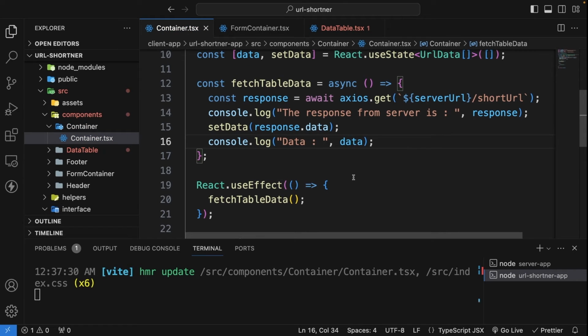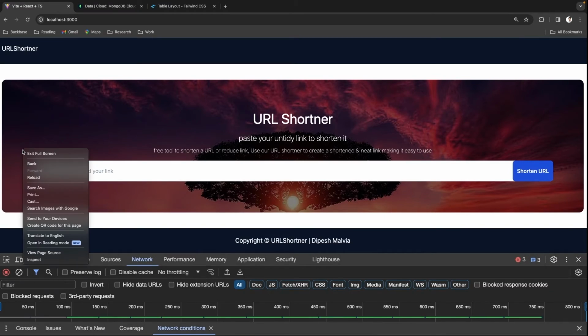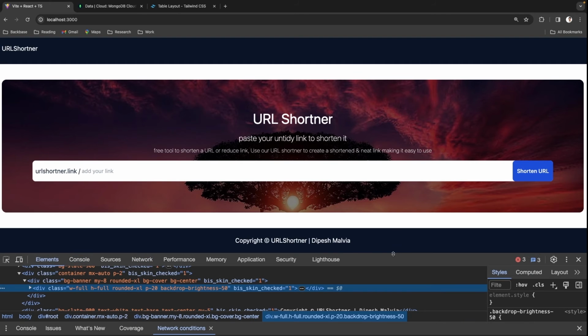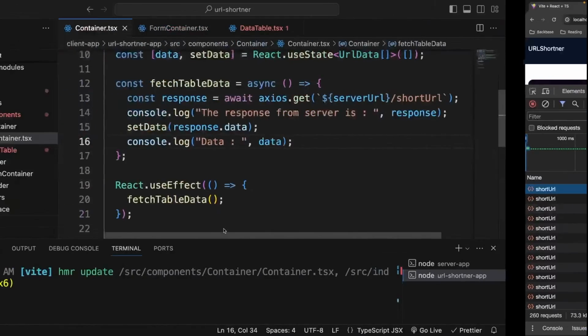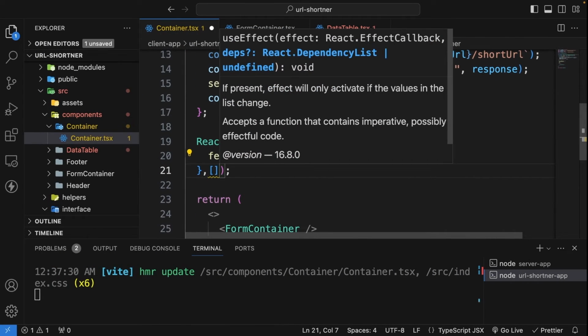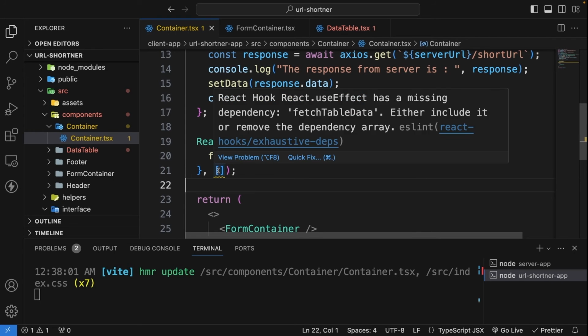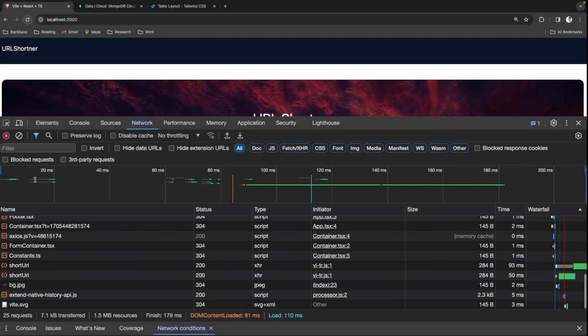Now let's give it a try. If I refresh my page, I should be able to load the data. So I'm going here and I'm going to cancel everything. I'm going to go to inspect element and go to the network tab. Okay, so something is wrong. I need to add an empty array so that it should only call once. All right, I will go here, I will cancel this, and if I refresh it, then we should be able